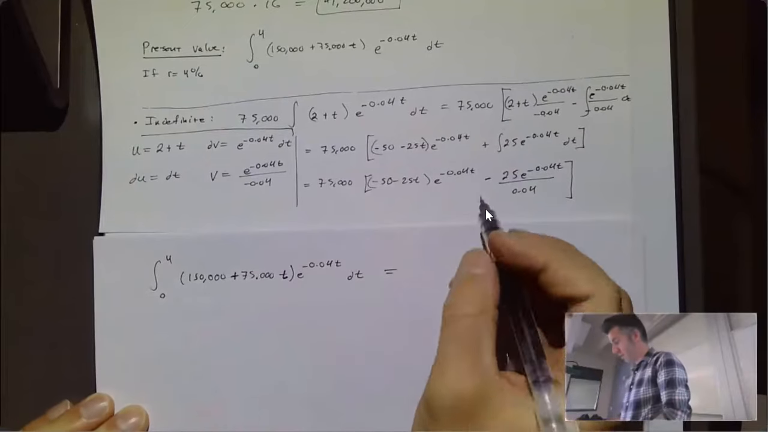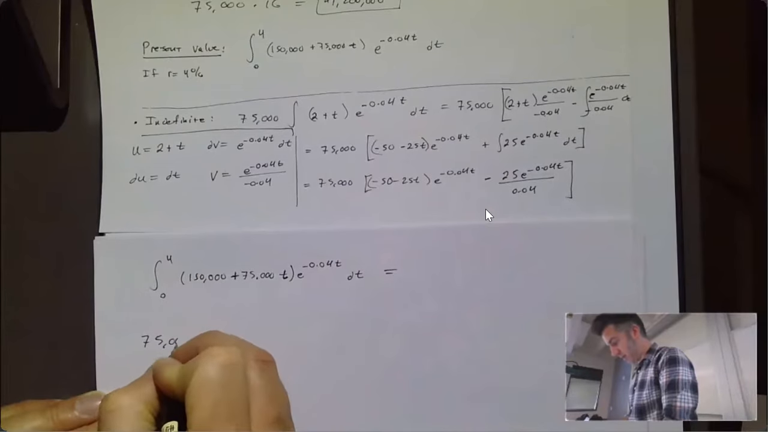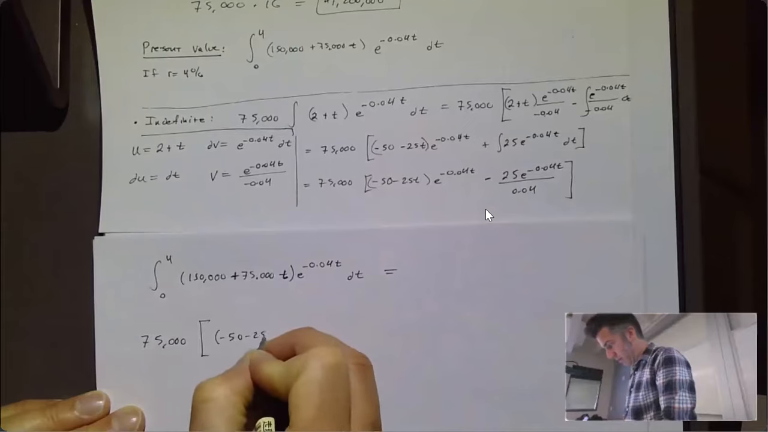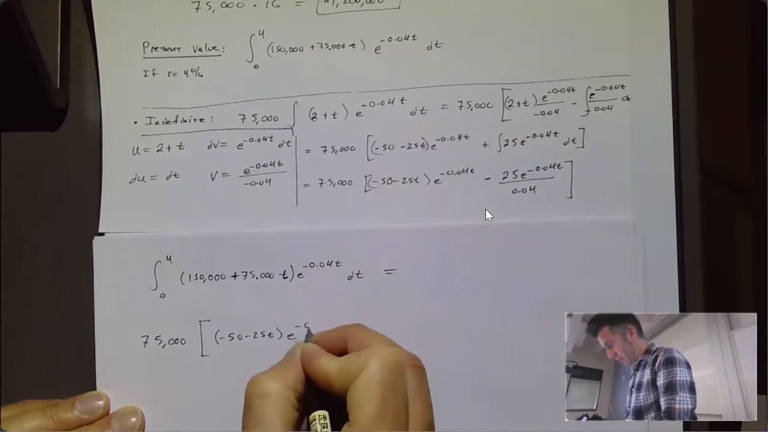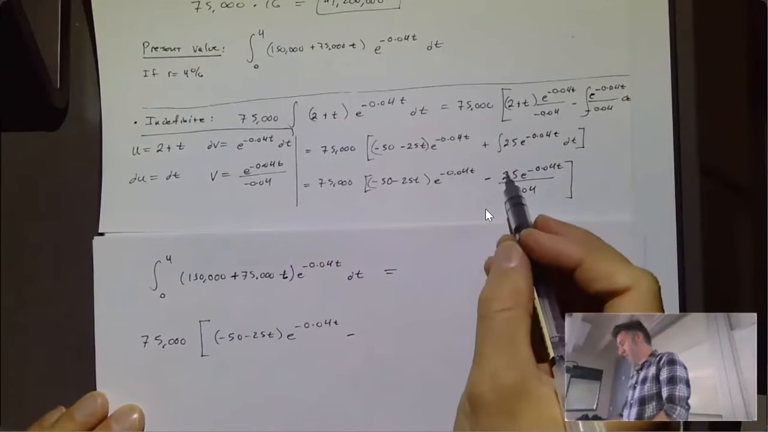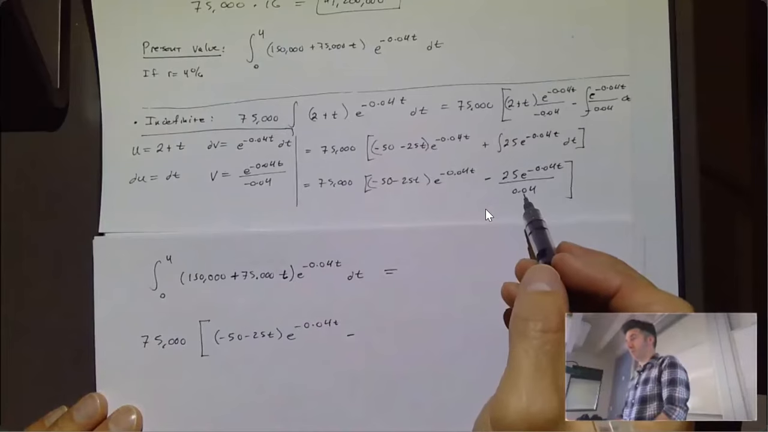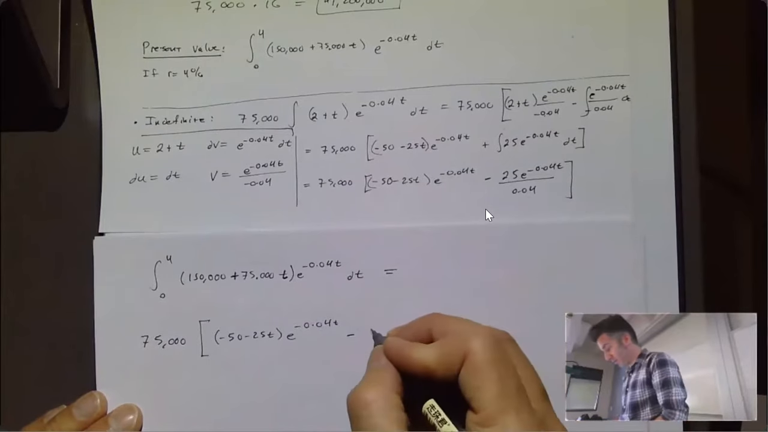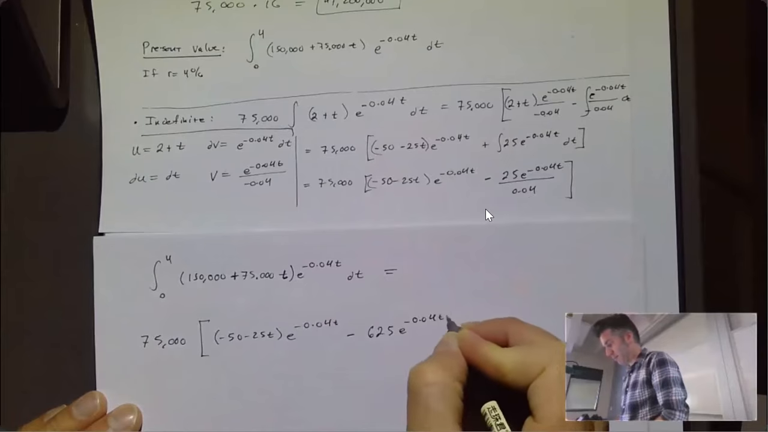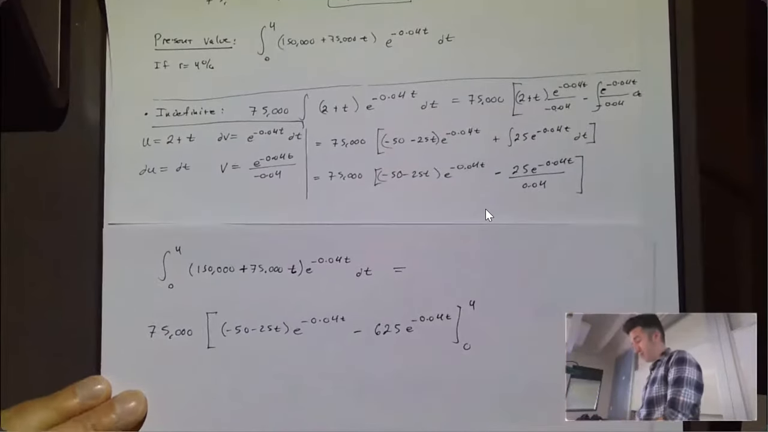So this is going to equal our antiderivative, which is this gross thing here, 75,000 times -50 minus 25t times e to the -0.04t minus 25 times 25, right? Because dividing by 0.04 is multiplying by 25, and 25 times 25 is 625. From 0 to 4. So then we just plug it in and we get